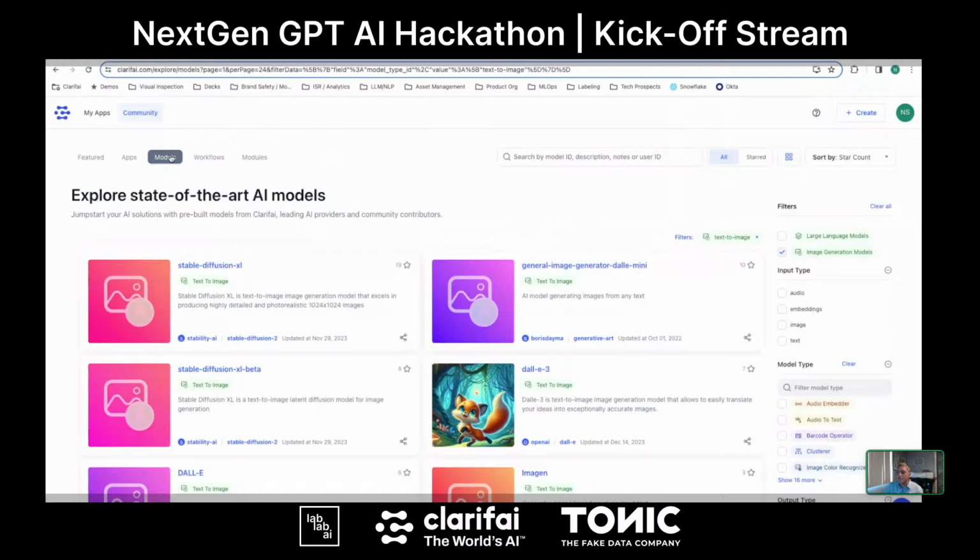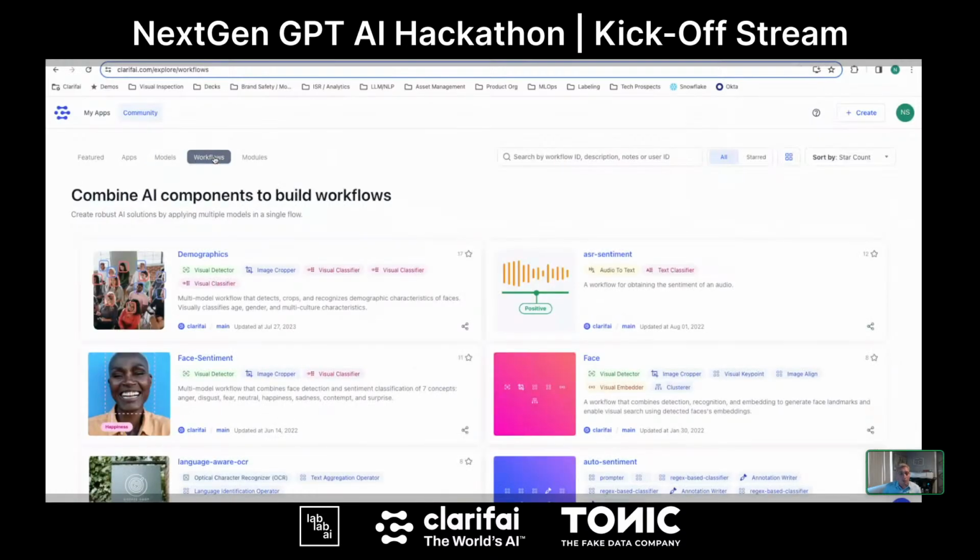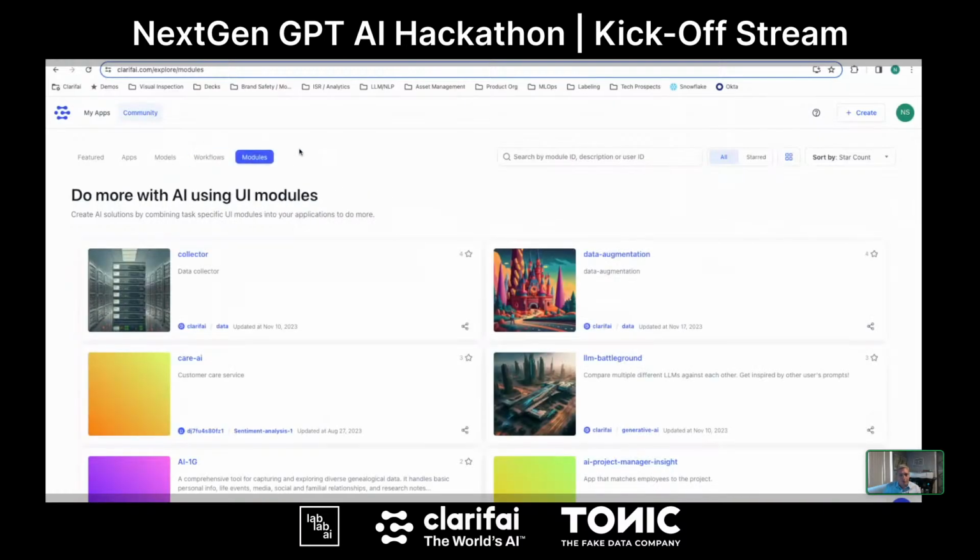So, in the model world, we also have workflows. Sanwal, my expert from Clarifai, will get a little bit more into workflows in the future. I will show you one of those in just a second. And finally, our modules, which is a way to create a very rapid prototype front end for any model using Streamlit, a very open source and easy to use Python library. So Clarifai gives you a way to very quickly bring in inputs, train models, validate those inputs in those models, and then put those models into production, doing real things for real problem sets. That's the Clarifai promise. Let's take a look at some of those models.